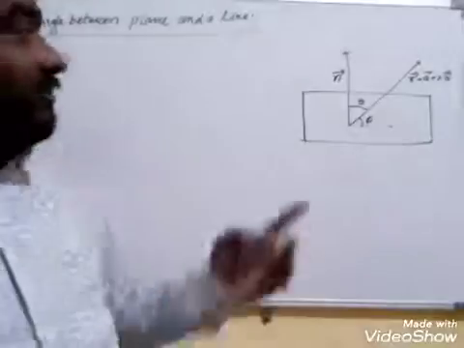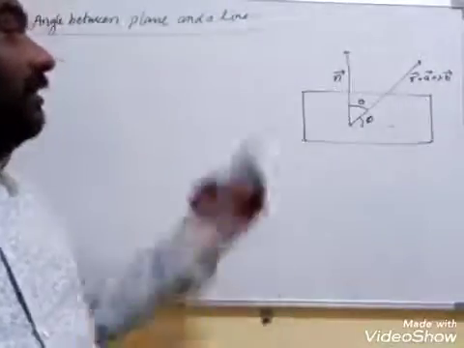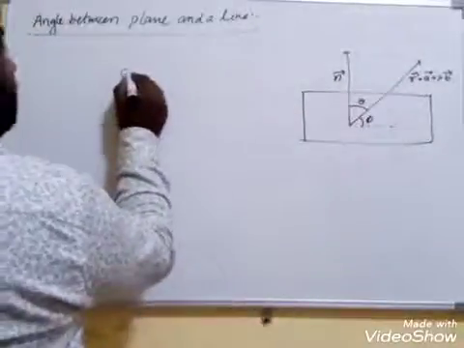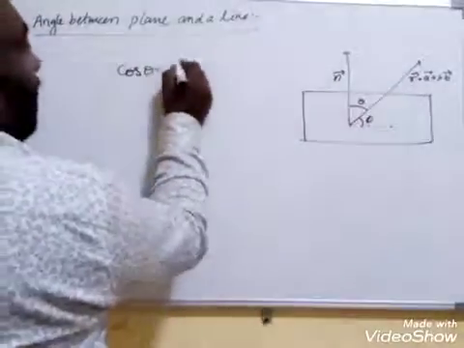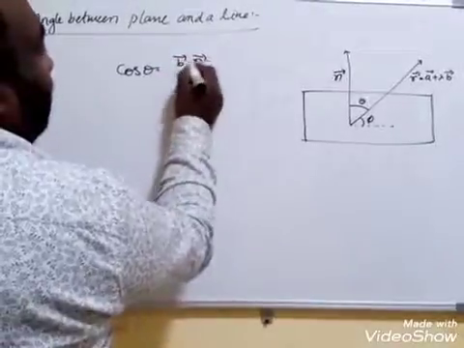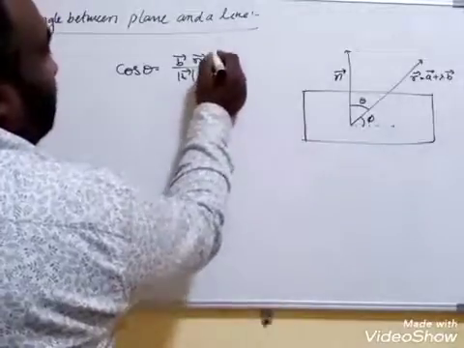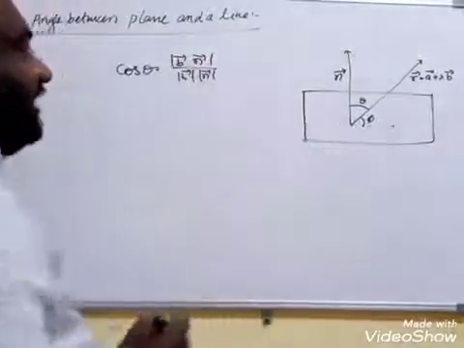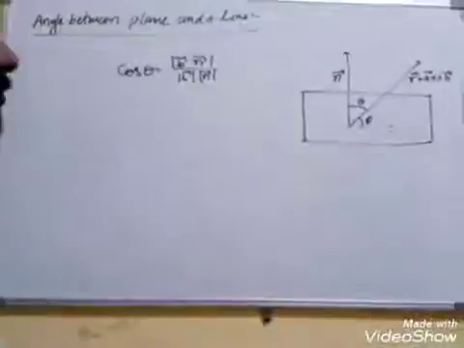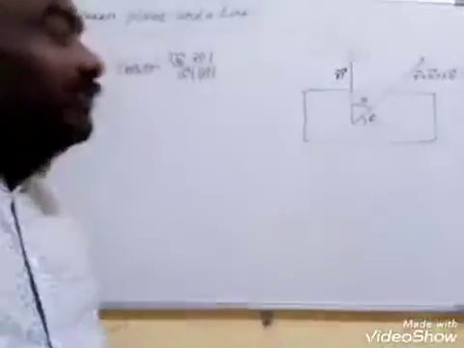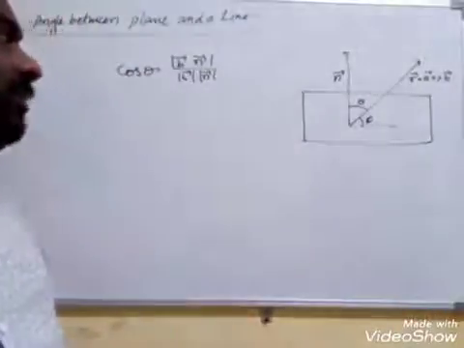Okay. Now what is the formula we have? This is the angle between these two, so what you are going to get? Cos theta is equal to b bar dot n bar by modulus of b bar into modulus of n bar. This is the angle between the normal and the line, theta. But what do we need? We need phi now. What is complementary? The sum of two angles is 90 degrees, then they are called complementary.